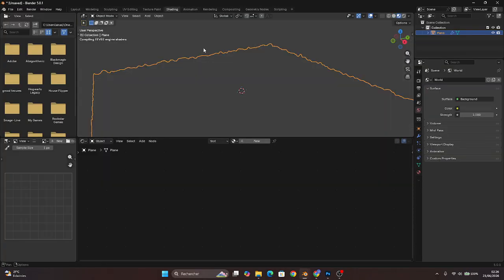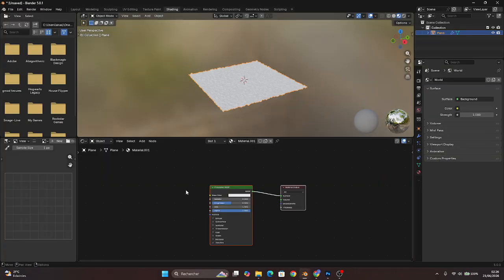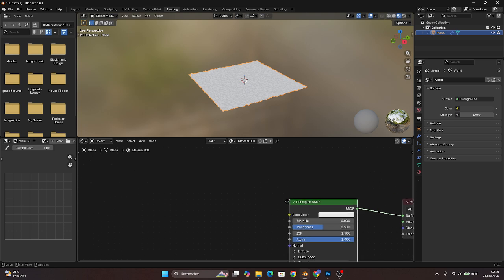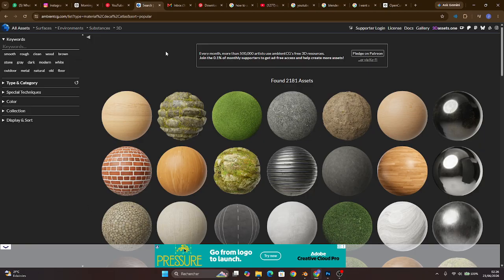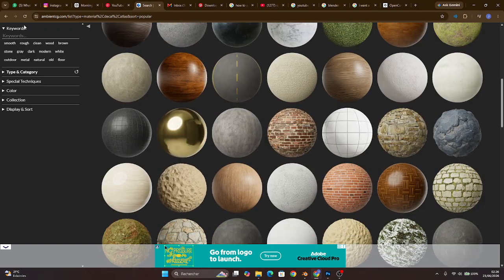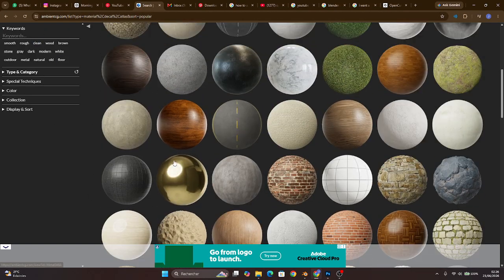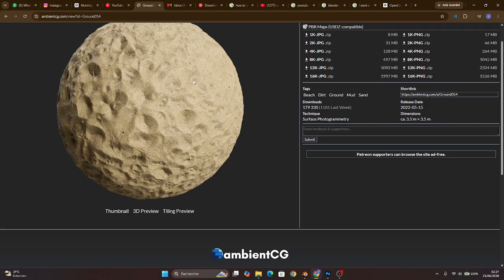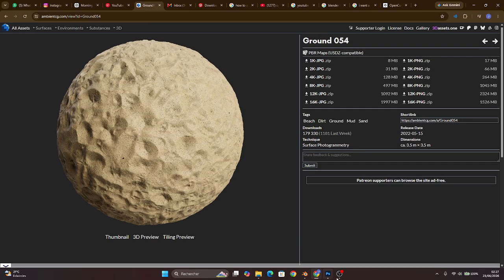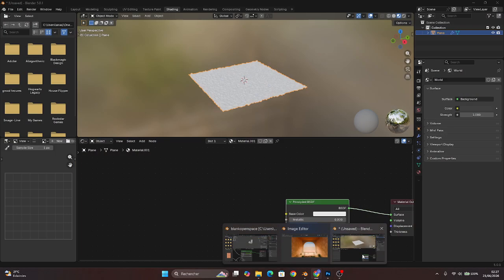So what we mostly do, we go to the shading tab, we create a new material, and then we pull up a new shader by going over here, maybe this website, and then you can choose whatever sand kind of texture you want, and then just download straight up this one. Okay,